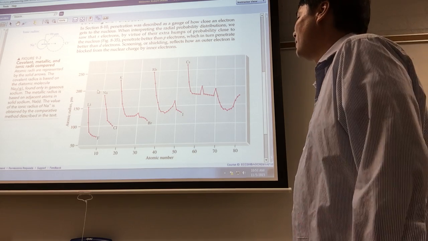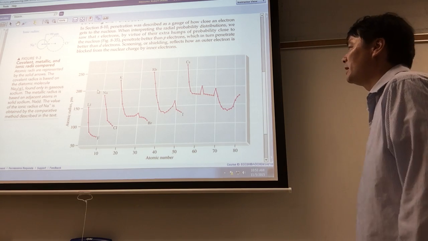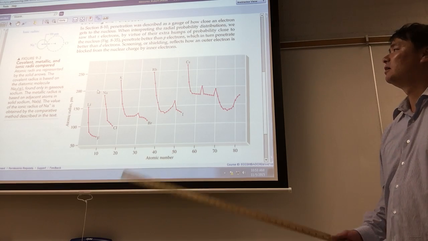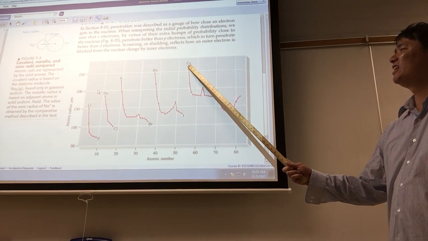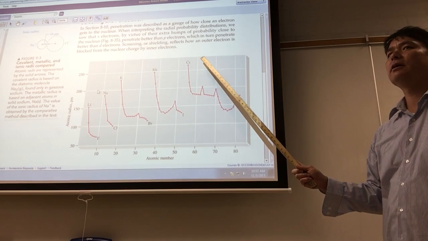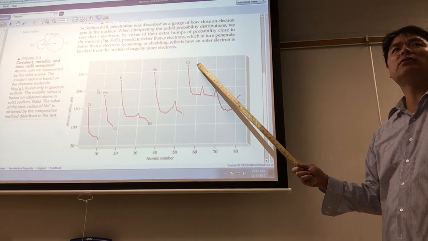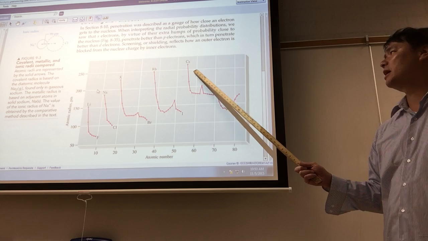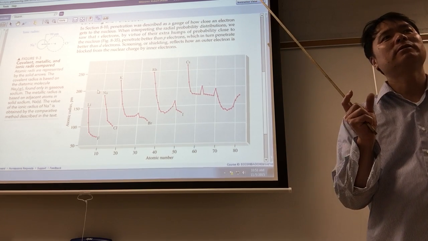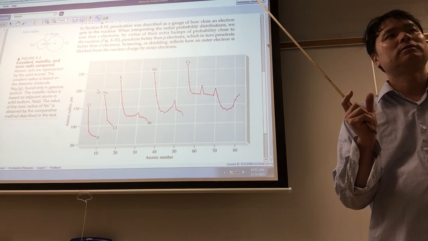You're not going to have to memorize specific numbers, but what do you think the biggest atom, what's the biggest atom that you see here? Cesium. Cesium is the biggest. Atomic radius is close to 300. 300 as for the radius means 600 for the diameter. And so the diameter of cesium is about 600 picometers, which is about 6